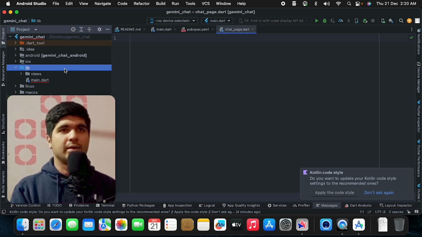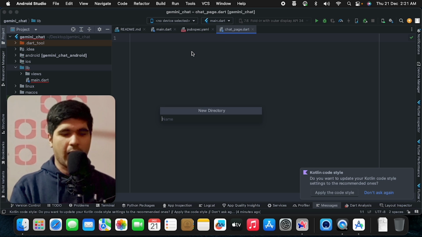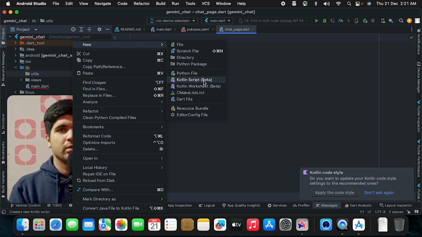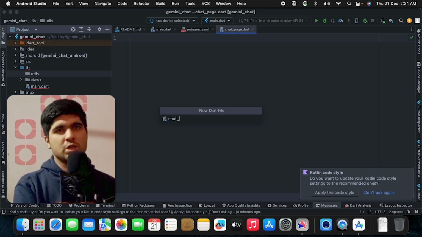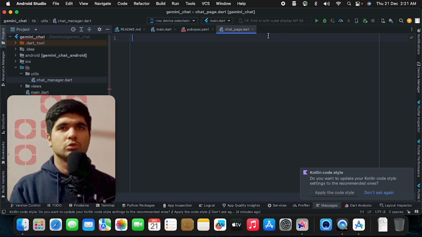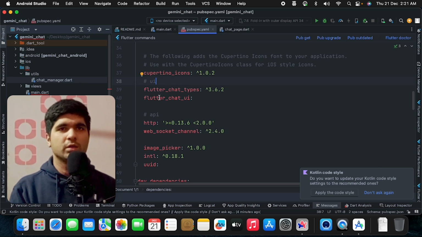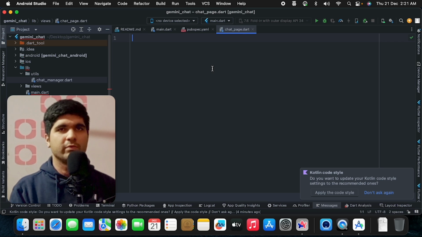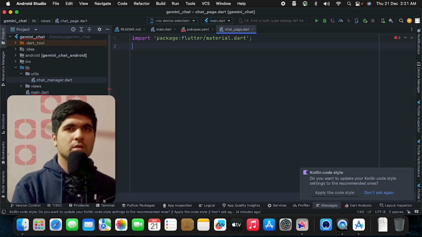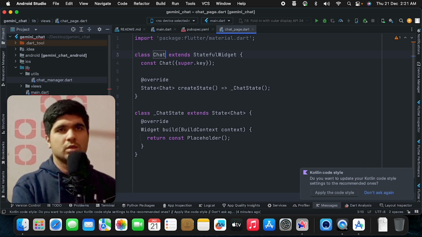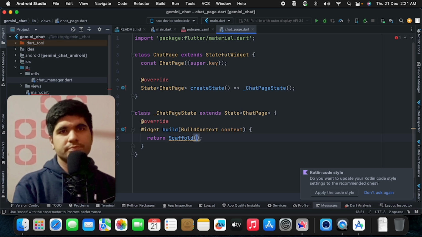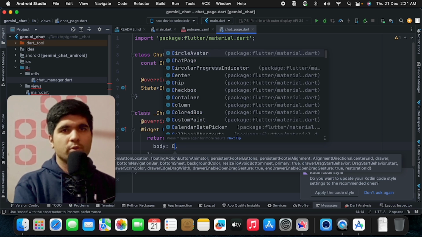Great. And next we'll be making a folder called utils, and inside that I'll create a file that will be our chat manager. Perfect. So first we'll use the Flutter chat UI inside our chat page. So I'll import the material, create a stateful widget here for our chat page, create a scaffold, and inside the body I'm going to create